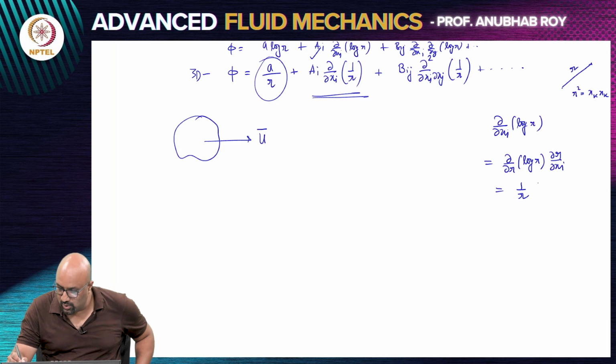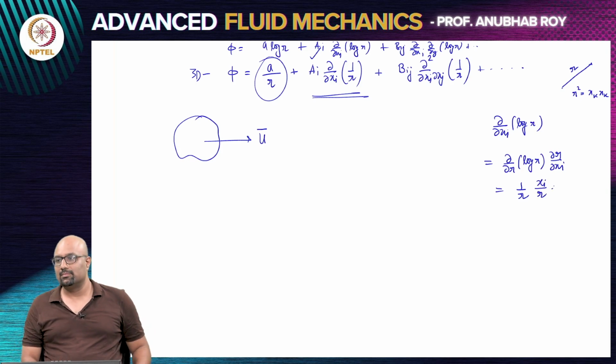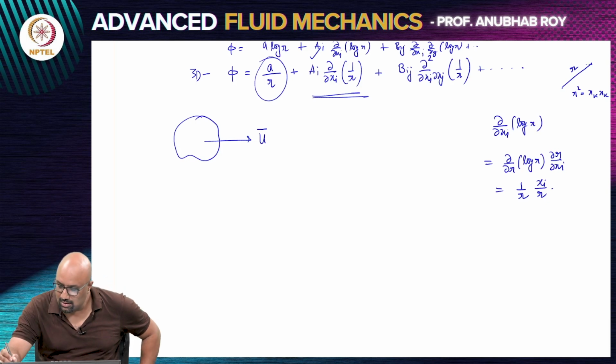So, ∂xi/∂r is xi by r, that is just the unit vector along the position vector. Xi by r is basically the unit vector that is pointing. So, xi is the position vector, you are trying to find out the rate of change of the position vector with respect to its length, and that is just